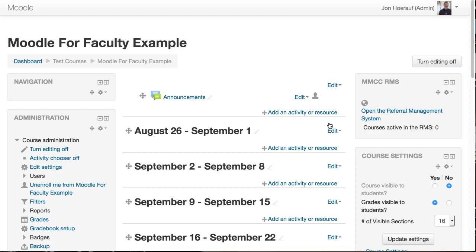So there's a couple of ways that you can alter what goes here, and obviously what's here is what the students will see. They'll be able to see the course sections being fewer, how many are visible, how many are available, what name you want to give them. And even in the weekly format, let's say I want to call this week 1, week 2, week 3, and I don't want to have the dates in there. They're still tied in with the date, but if I go into Edit Week,